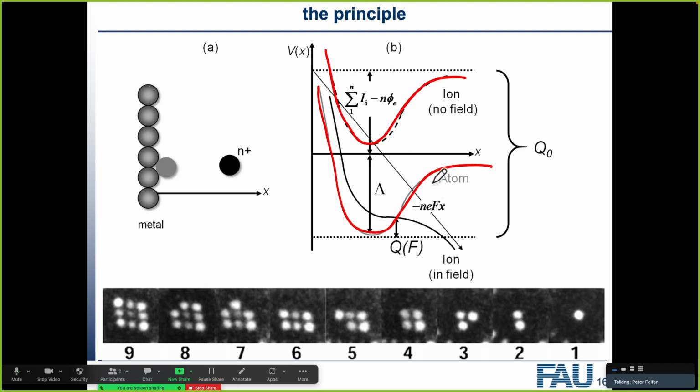And if we add a field, in this case a field of F, then the energy will be modified by n times the elementary charge times the field times the distance. Very basic physics, and this gives us this curve here, and where it crosses over with the atom's curve, this gives us a residual barrier. This is a very, very simplified view of this, but